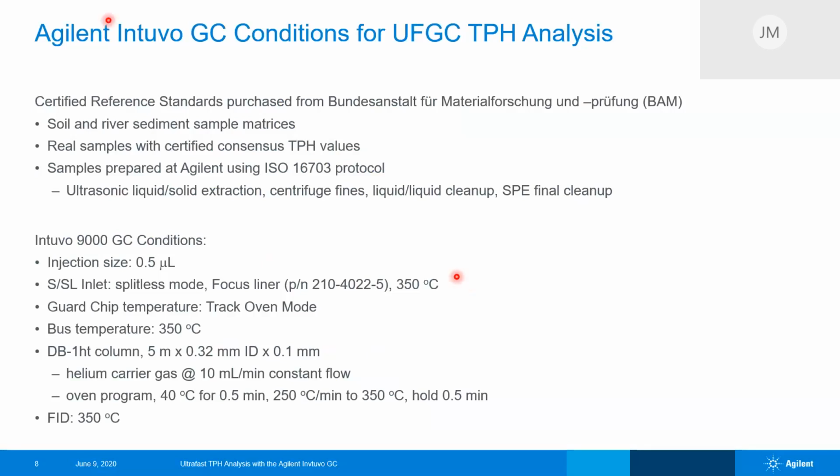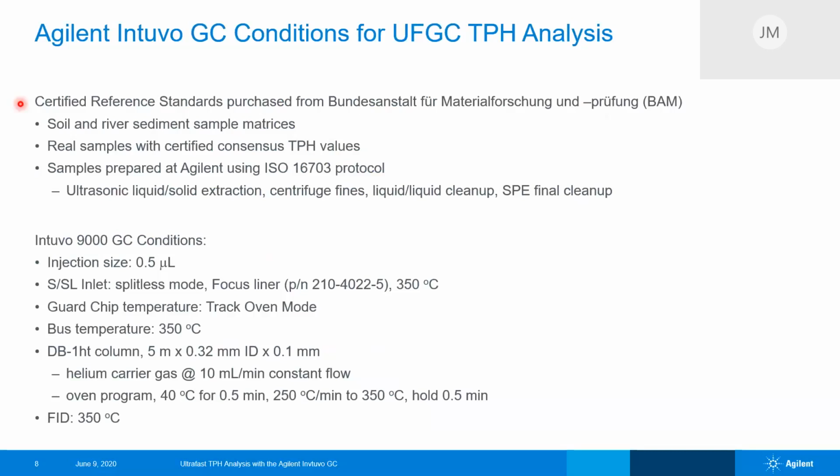Now, in order to test our method, I'm going to actually run real samples. And the samples that I obtained come from this organization here. I'm not going to butcher the pronunciation of it because I don't speak German, but it is shortened into the acronym BAM. So we bought certified reference samples from BAM. These are real world samples. So this is real river sediment and real soil that has been known to be contaminated with the TPH range